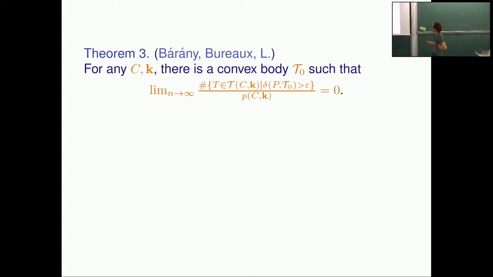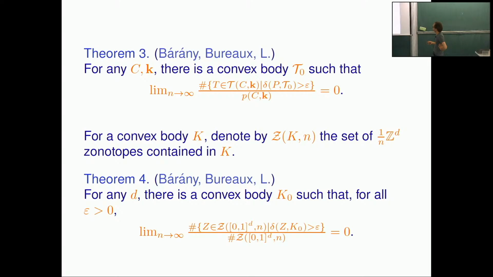So here's the kind of coolest result, I guess, is the existence of a limit shape. For any cone and endpoint, there's a convex body T0 such that the uniformly random zonotope with that endpoint inside that cone is close to the fixed limit shape. And so this is really the generalization of the theorem that I mentioned earlier in